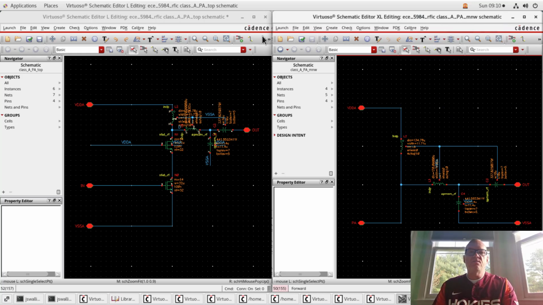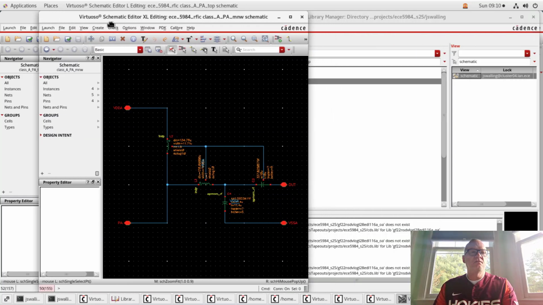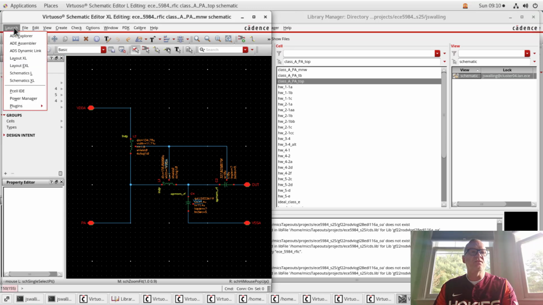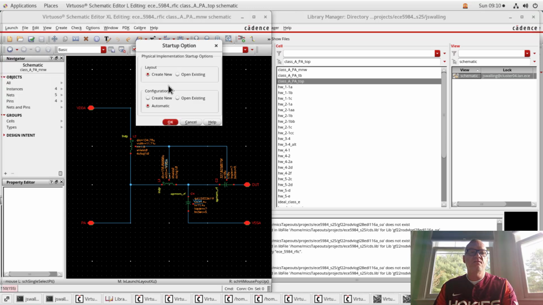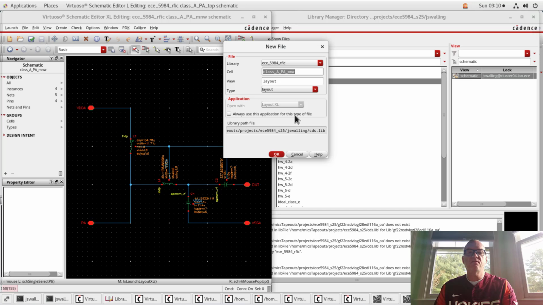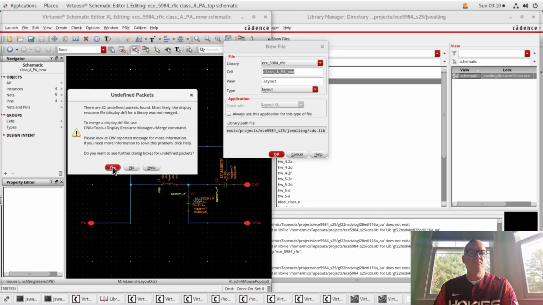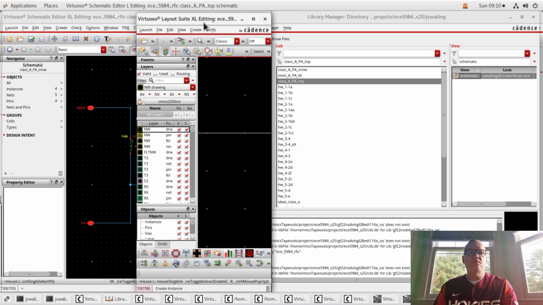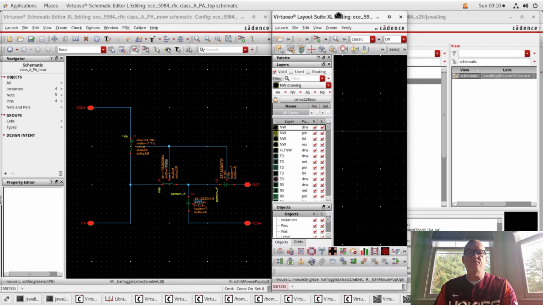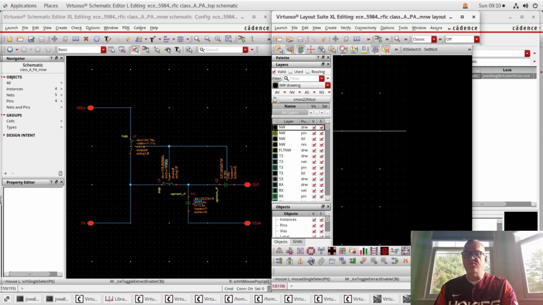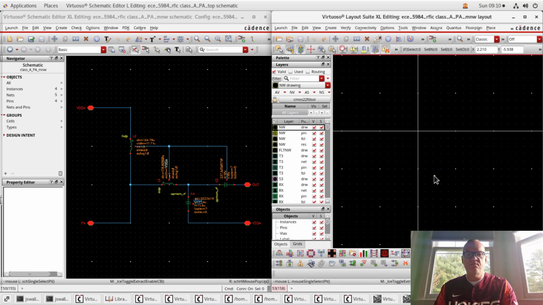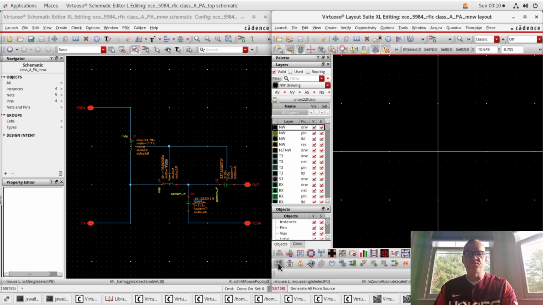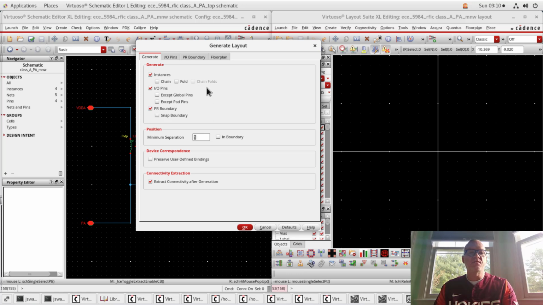All right, so let's take the schematic that we created for the matching network, and we're going to launch Layout XL. We're going to create a new one, and we'll have the configuration be automatic. All right. So now it's created a layout from the schematic, and this layout is going to be empty for the time being. We're going to go to this Generate All from Source icon in the bottom left-hand corner of the window,